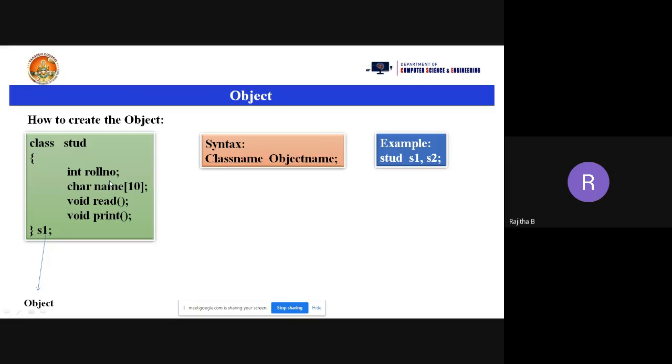Suppose you are not using a structure, simply you are adding 12 bytes, ma'am. Yes, 12 bytes for each object. Okay, good. Now suppose I'm taking a normal C program, not using any structures or unions. Simply I'm taking int a, b. How much memory will be allocated for int a, b?